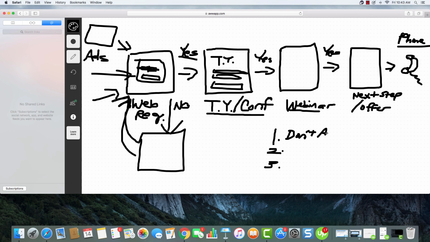So they were able to get signed up, and for whatever reason, they didn't get to attend the webinar. So with ClickFunnels, you have an automated sequence in there that if somebody signed up and they didn't attend, they're automatically going to get an email that's going to push them back